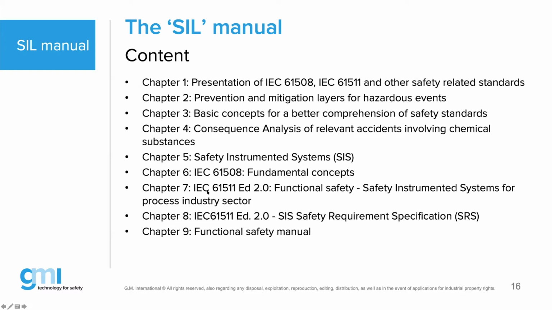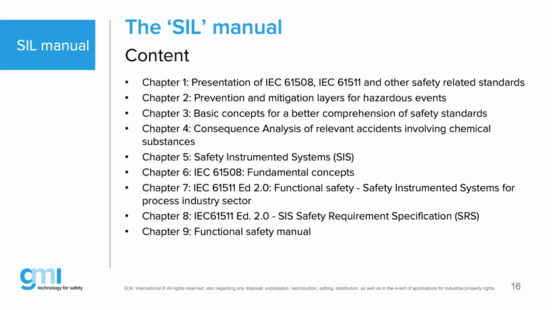In chapter 7, that's where I came in and I explained edition number 2, which was mainly the topic when I wrote that chapter. I actually wrote the chapter when edition 2 had not been released yet, so I wrote it based on a draft. It was actually good news for us, for GMI, because I was using the correct information. I will show you later when edition 2 was released. At the beginning, they actually released an old draft from the working group, which was of course not the purpose. And then in chapter number 8, I have made a safety requirement specification for one safety loop,